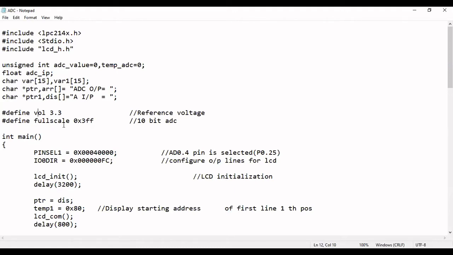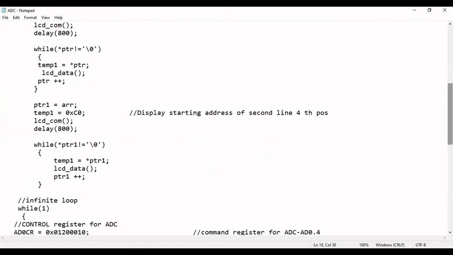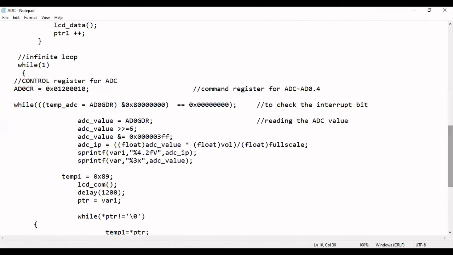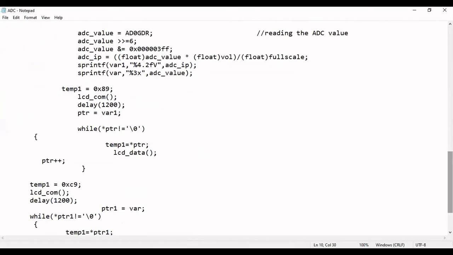Then #define full scale 0x3ff. How has this 3ff come? It is a 10-bit ADC. If your starting analog input is zero, what is the maximum value of that particular digital representation? It is represented as 3ff. One second, I will show that.